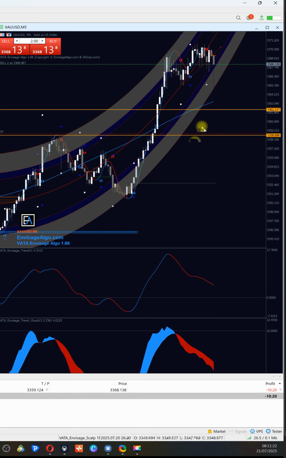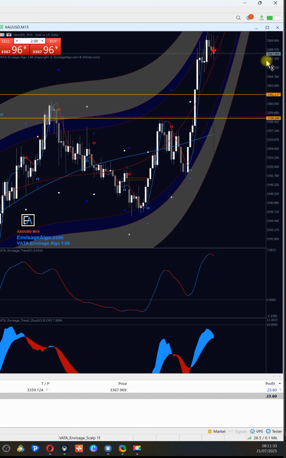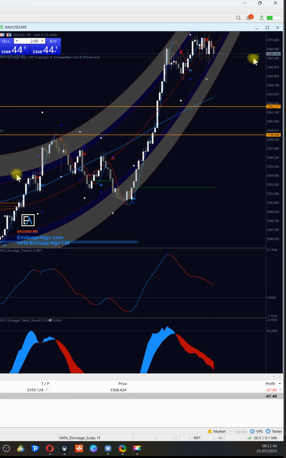The setup is fine. It's slow. Yes, there is a sell arrow that has appeared on the 15 minutes time frame as well. So the sell has appeared here as well. We do have a sell here as well. So this is all looking fine, but things can change. Why? Because the candle has not closed yet. So we'll wait and see what happens here. Okay, I'll keep you updated.